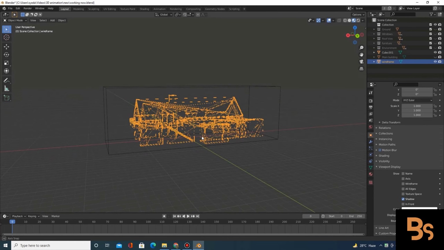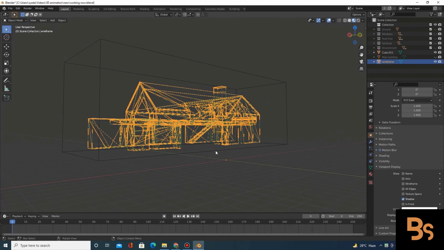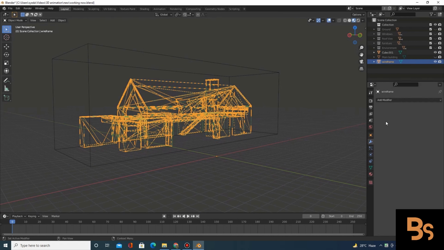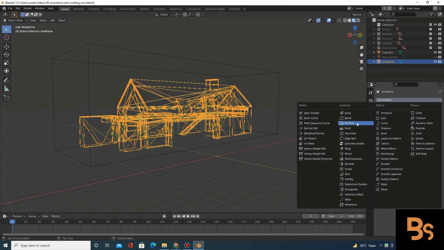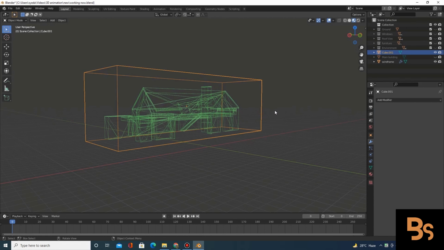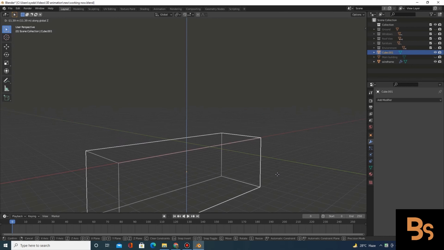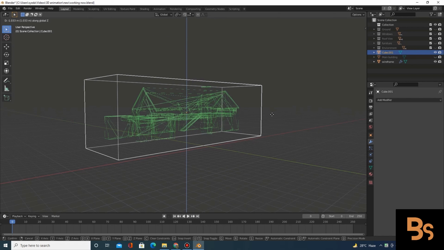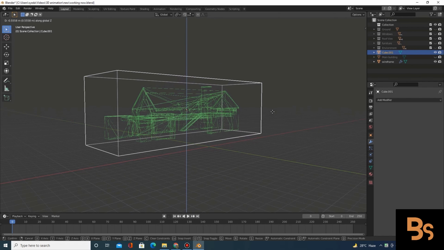Now select the main building and add another modifier called boolean. Now set this as intersect and select the object cube and then solver to first. Now as you will see that as this cube passes through the building, it will appear and then disappear. Okay, so how does this work? Okay, so we will set a keyframe for this,